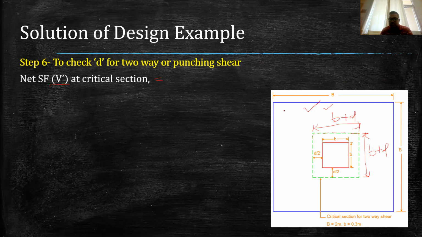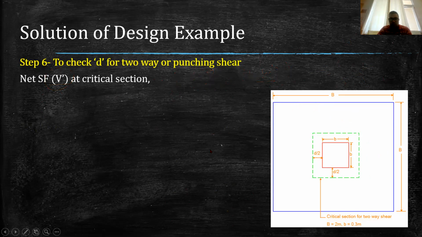Now here stress is basically the net upward pressure which is acting on the foundation. So stress or the reaction. So stress will be say P, which is the net upward pressure, multiplied by the area of this exterior part. So it will be B square minus (B plus D) square. So that becomes the formula for maximum shear stress, because we have only one force in this zone.